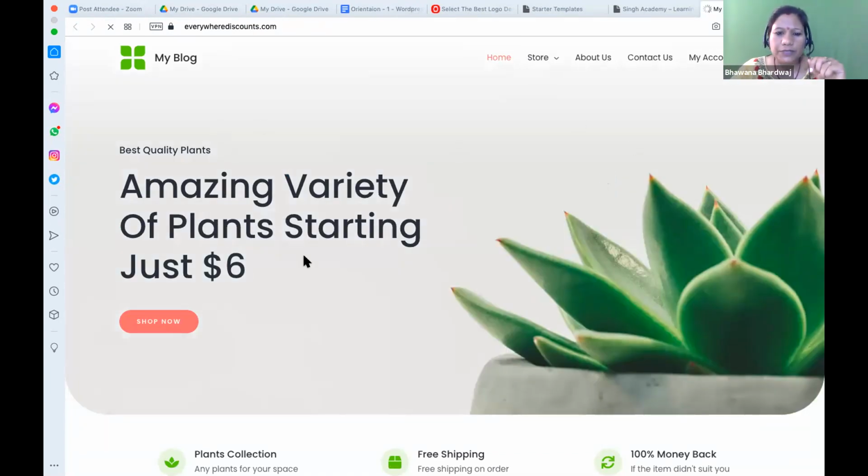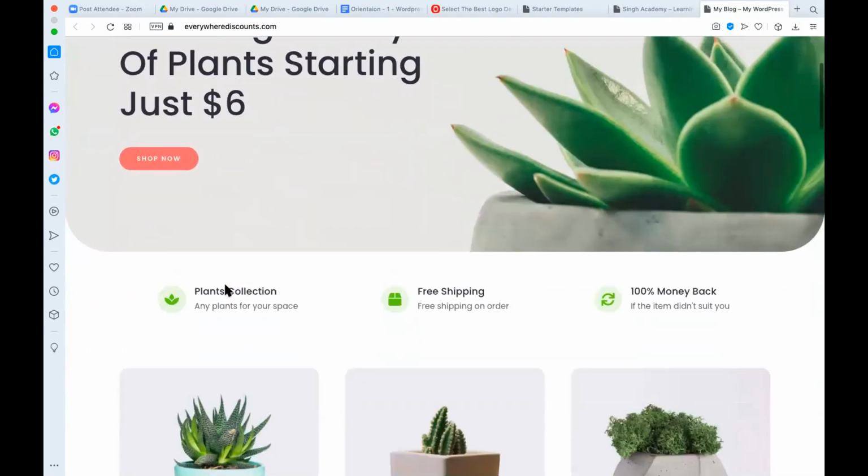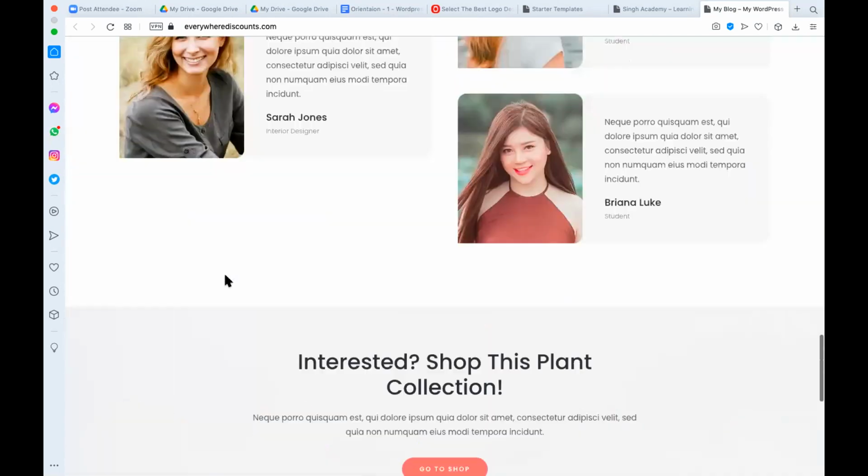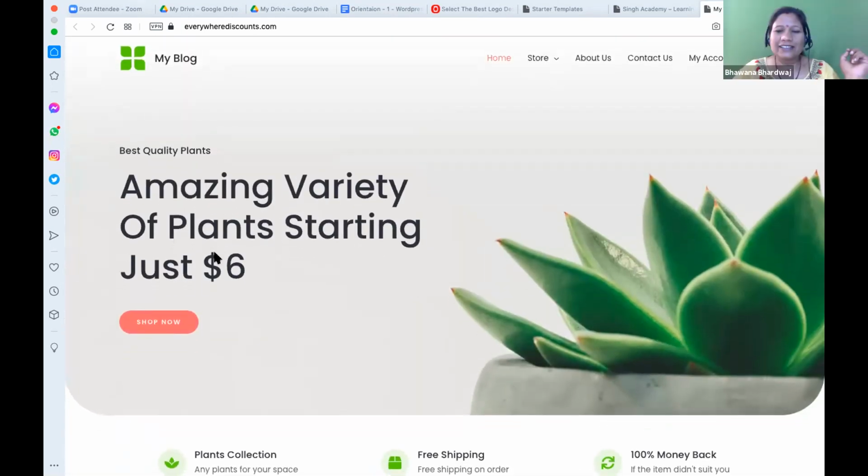This is Nayan's website, right? Nayan, this is your website. This is the template you have selected. Awesome. So beautiful, isn't it? You just have to change your logo. We can change this menu. We can write your lead magnet here. We can give the lead magnet link here.